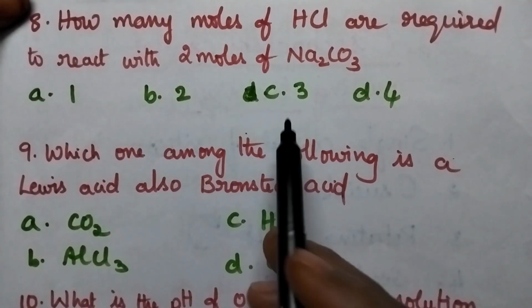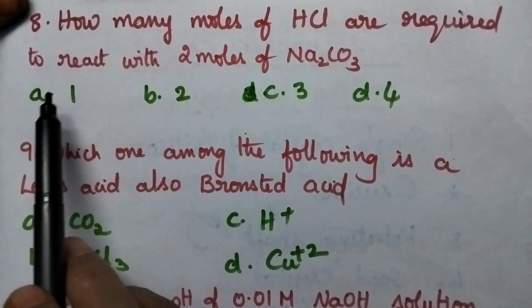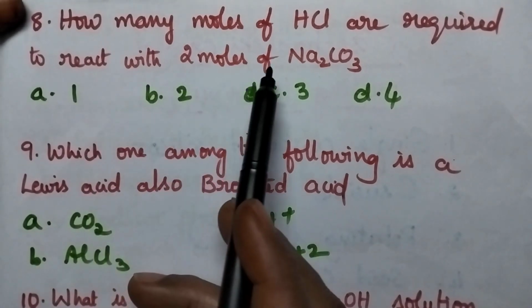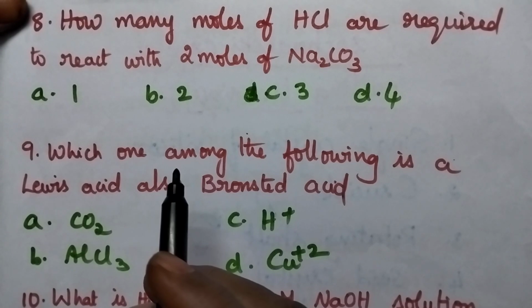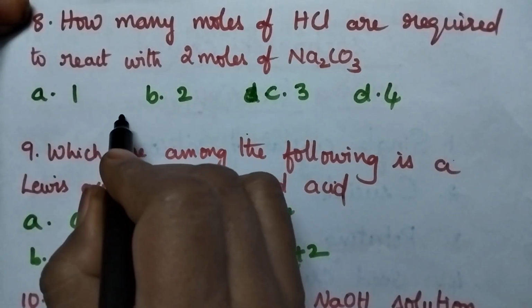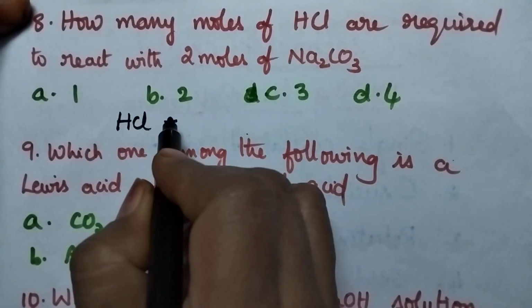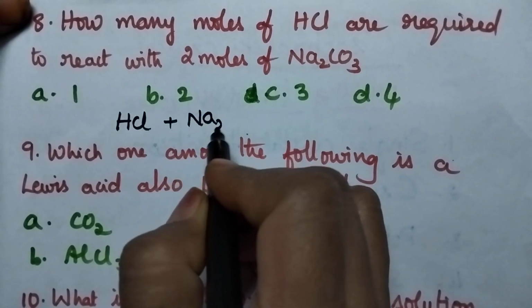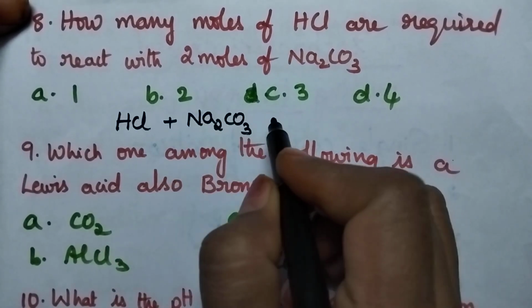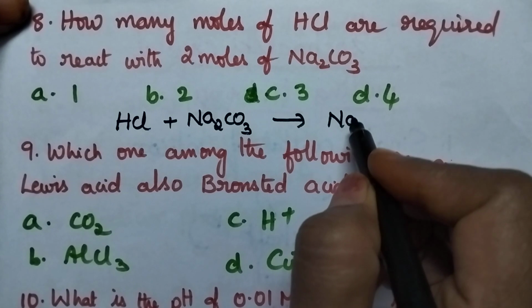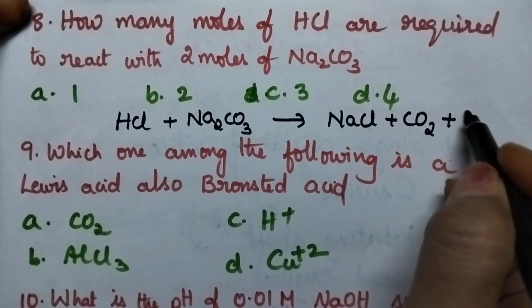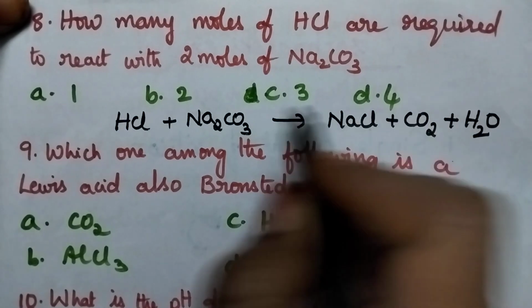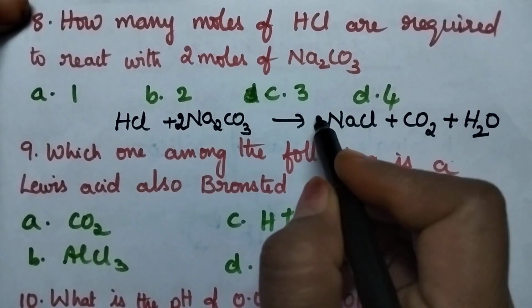How many moles of HCl are required to react with 2 moles of sodium carbonate? It is an acid-base neutralization reaction. That means whenever HCl is treated with sodium carbonate, it results in the formation of NaCl plus CO2 plus H2O. So on balancing,